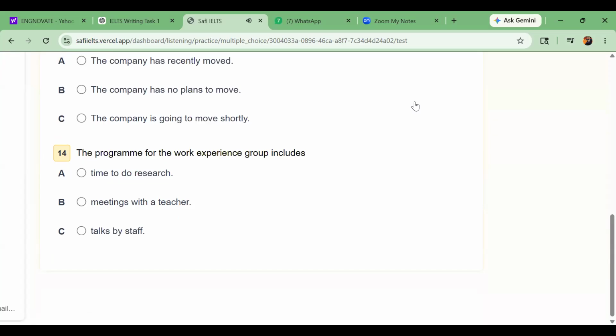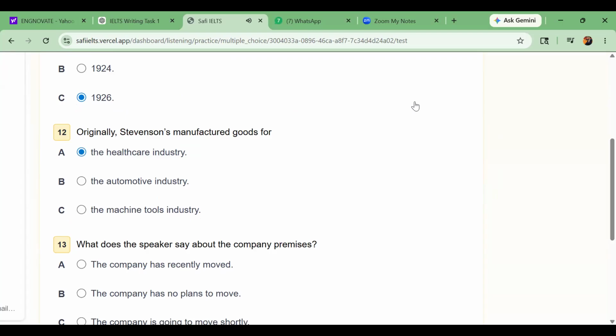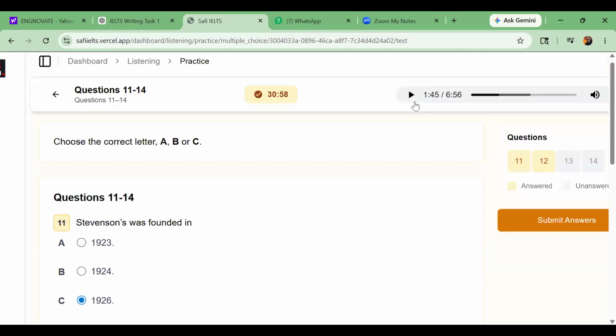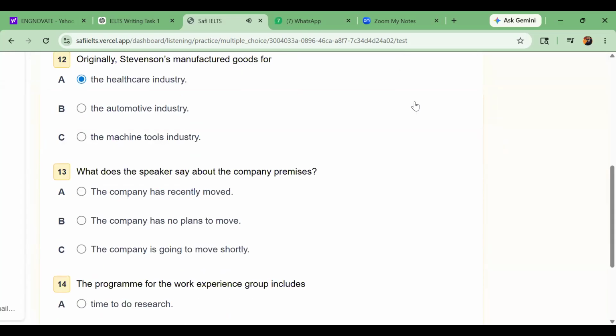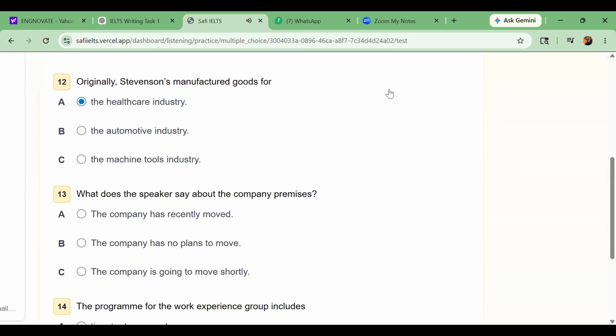So what was his long-term plan? So long-term plan, it was for the machine industry, but that was for the long-term. Clear? Not originally. So now option number C is what? It's totally incorrect now. Automotive industry, that is cars and lorries. However, there was a delay of 5 years before that happened, because shortly before the company went into production, Stevenson was given the opportunity to make goods for hospitals and other players in the healthcare industry. So now it's quite clear that the correct answer is for the health.